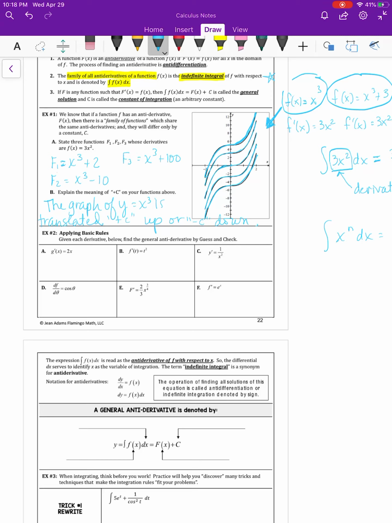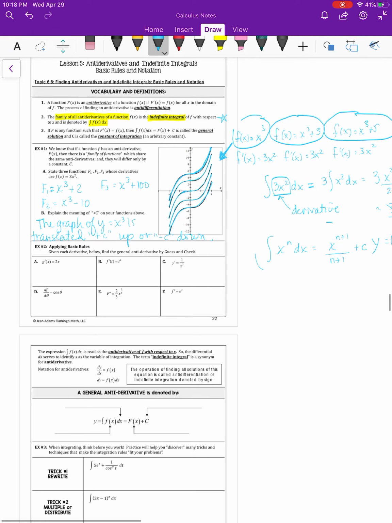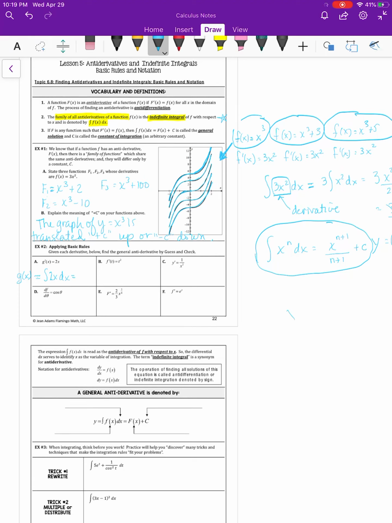Example number 2. Applying basic rules. Given each derivative below, find the general antiderivative by guess and check. So I kind of showed you a little rule over here before they actually showed it to you, right? And you can use that because when they give you the derivative, you're thinking, if that's my derivative, and I want to find out what my actual g of x is,